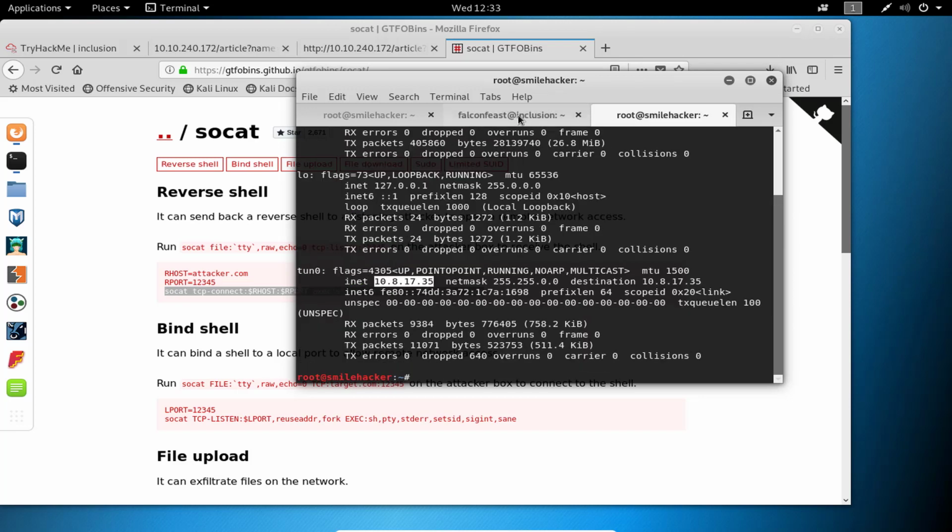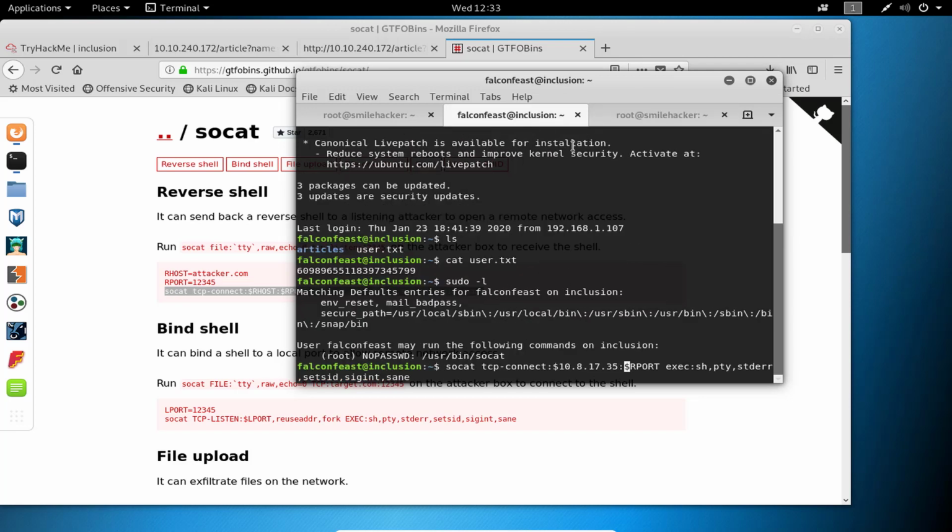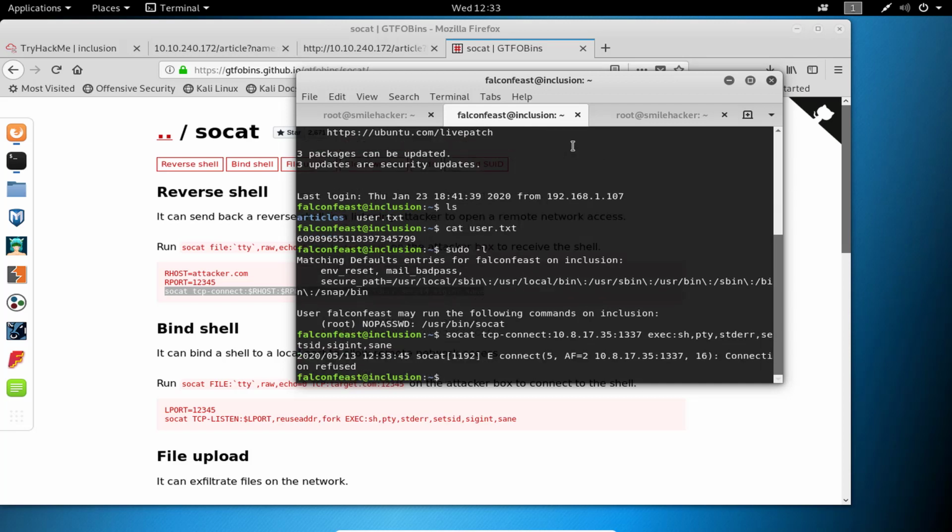Let me look at it again, and provide the listening port. We have to remove this dollar sign, sorry, and in port we can put any. I am providing 1337.